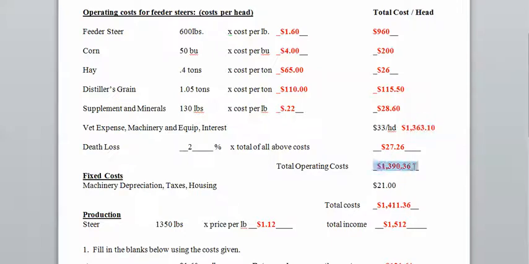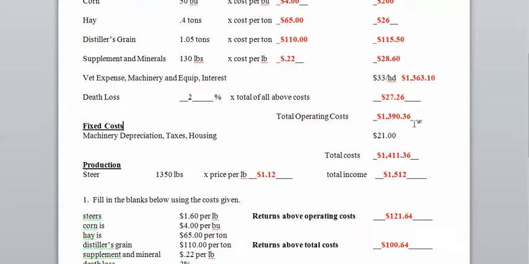So we add that death loss expense to our previous expenses. We have a total operating expense of $1,390.36. Operating expenses again are those that are incurred when we choose to take part in that operation. Fixed costs, we have $21 a head here. That would be machinery depreciation, taxes, and housing. Fixed costs occur whether or not we have cattle. If we have cattle buildings and they sit empty, they still cost us money. So we add our fixed cost to our operating cost to get a grand total of total cost